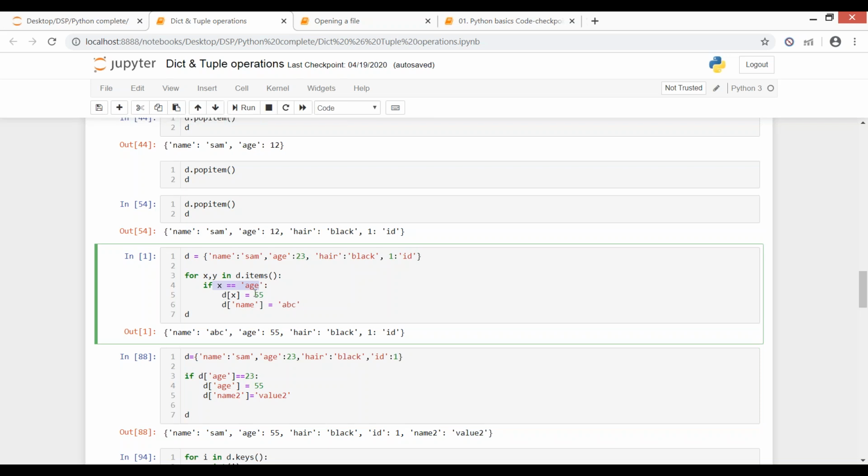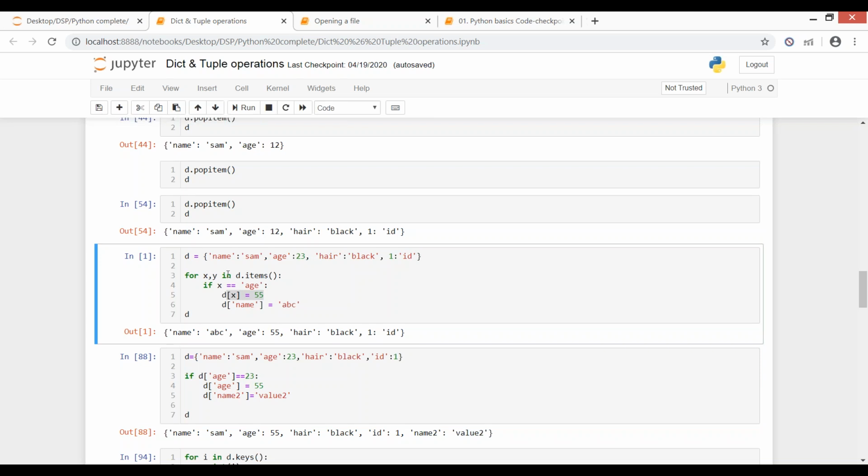So d age, then I'm assigning a value of 55. Along with that, in the next line, I'm inserting a new key value pair. When I'm printing my dictionary, originally you see it's 23 here, and after line number 5 we're able to change age. Now it's 55, not 23.